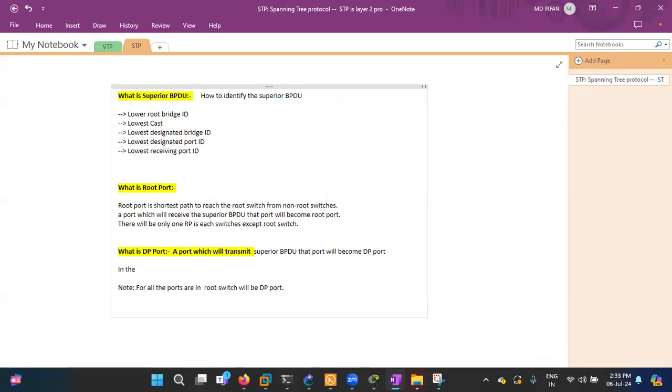In the LAN segment, both the ports will not be DP, RP or DP. Means